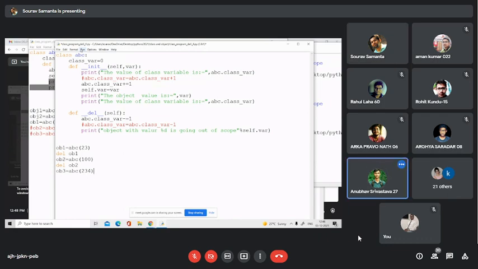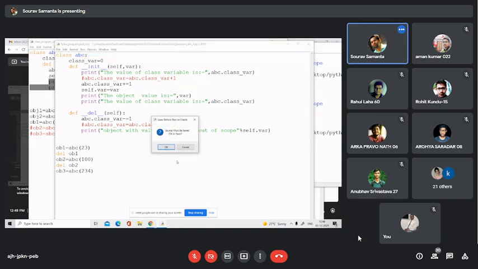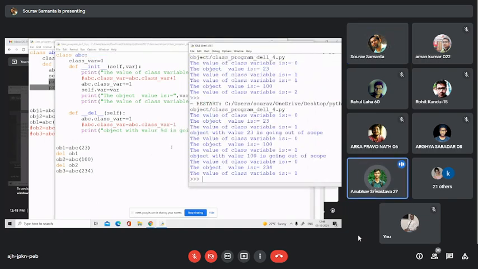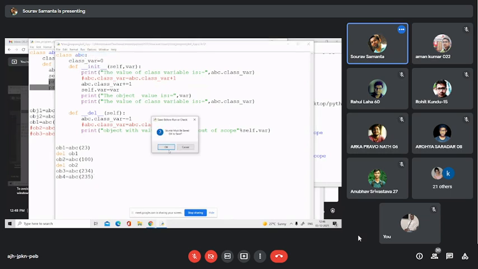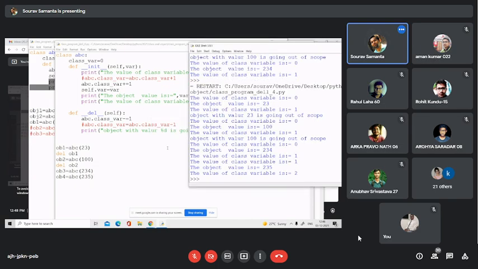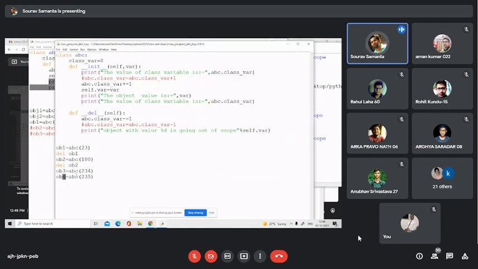So 1. Why 1? Because every time it's deleted, it will start fresh, like 0. Okay. But if I use the ob3, which 4, it is 2. So can we create the same object with the same name?